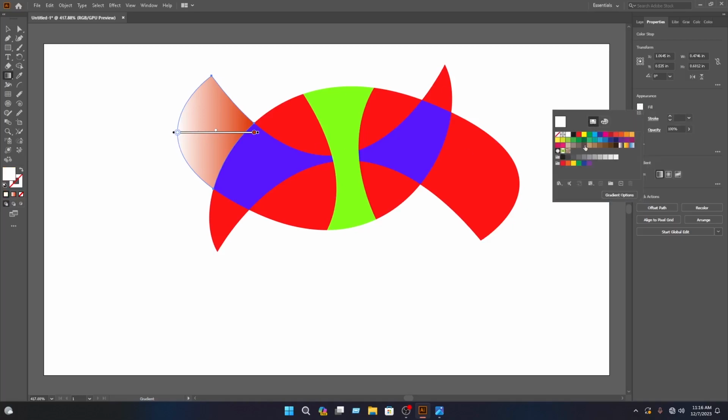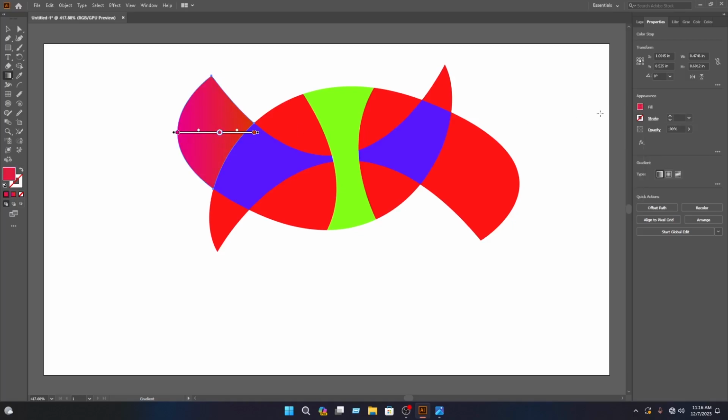then click on here, then you have to select this color, then you have to click on here again, then you have to select this, then click on the fill, then select this color, then select the move tool, then select this and drag this in here, then select this and drag this in here,